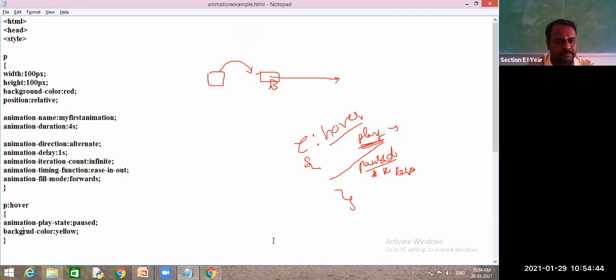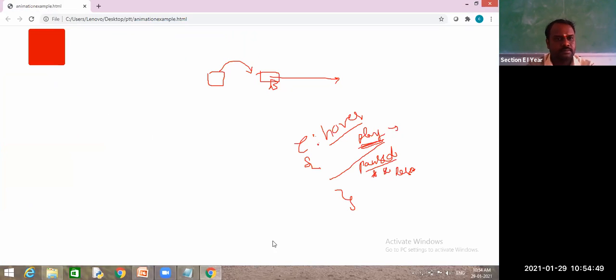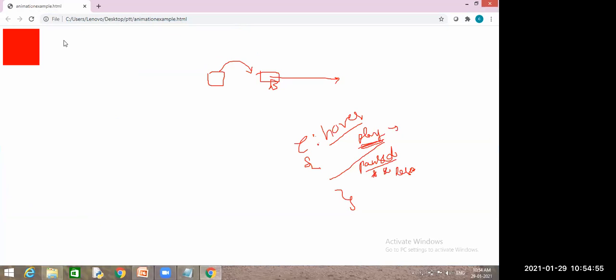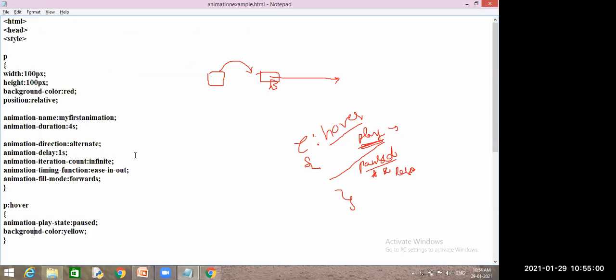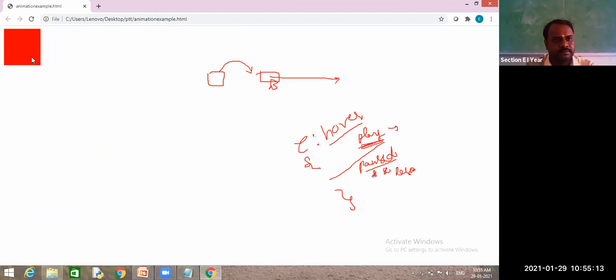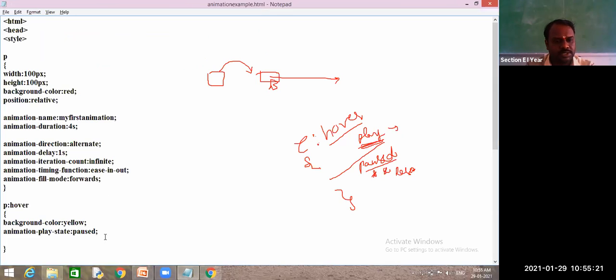Background color yellow. It is not applying. Background color as yellow. What happened? It is not changing.